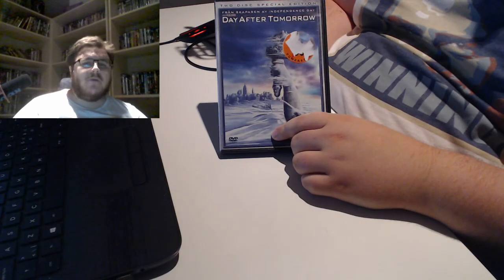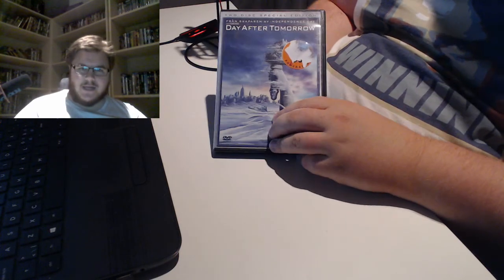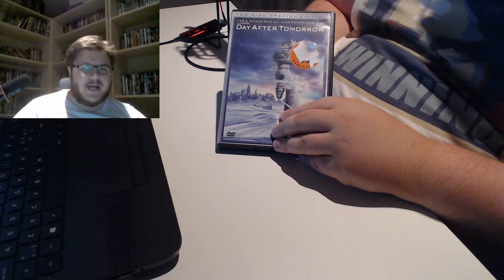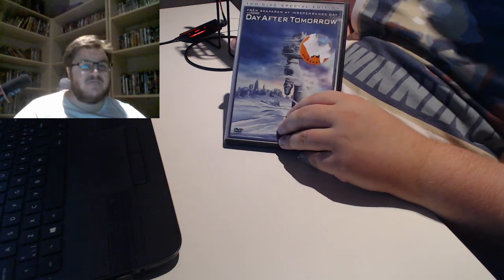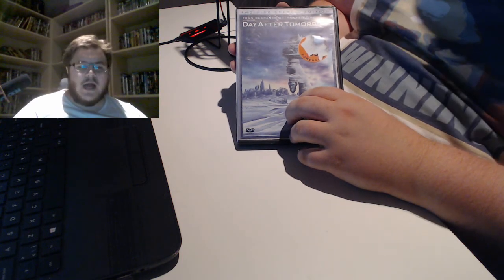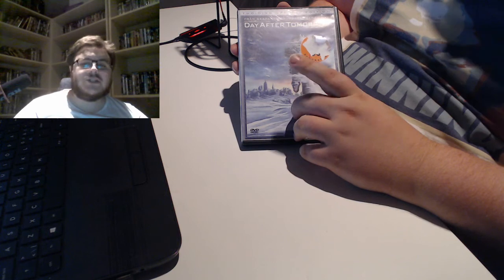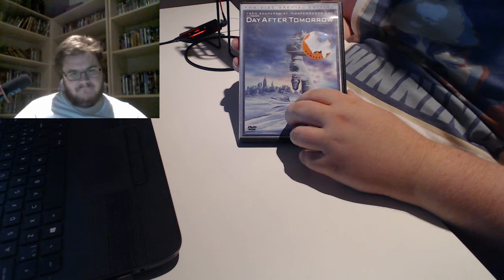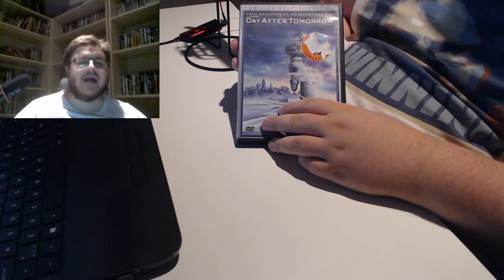Oh my god, The Day After Tomorrow with a sticker left on it. This is the 2-disc edition. Yes, I actually hunted this edition down because this is probably my favorite disaster movie of all time. This is the only movie I've watched twice in the same day, in the same sitting, back to back. I watched it once. When the credits rolled, I pressed menu, and I started the movie over again. You can say what you will about this. I love it.